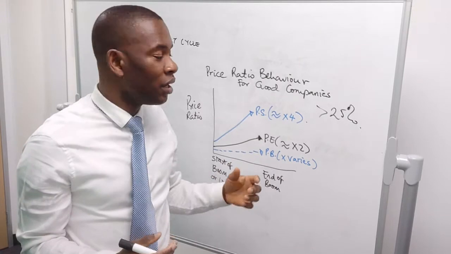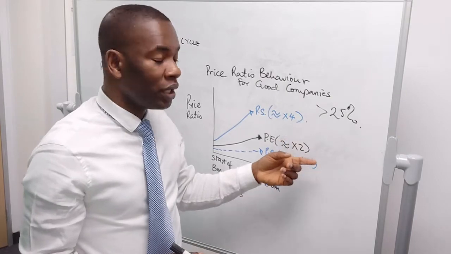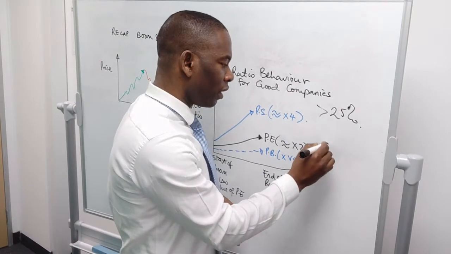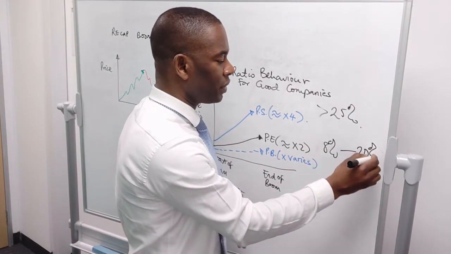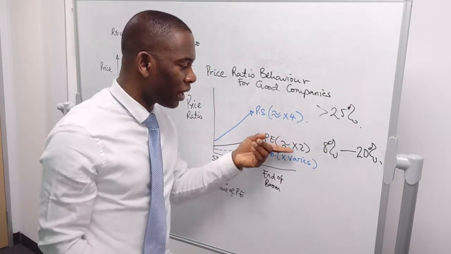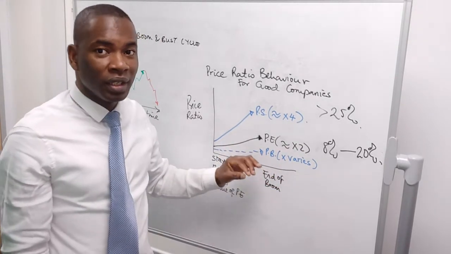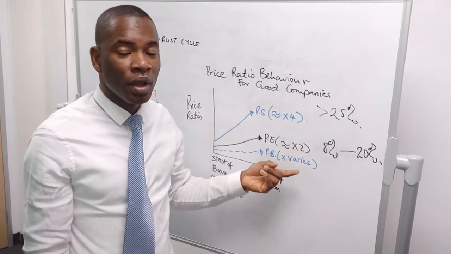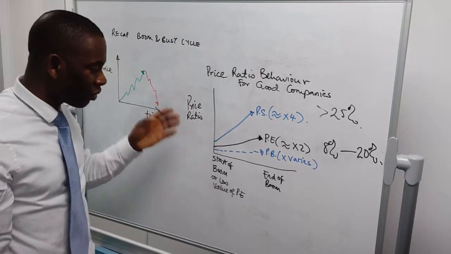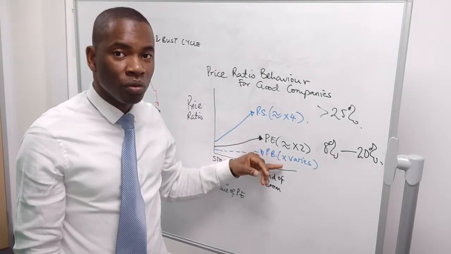Your own may be different. I use the price to earnings ratio when the net income of the company is growing roughly between, let's say, 8% to 20%. That is where I use my price to earnings ratio for valuation too. Price to book is very useful when you are buying at the start of the boom, or when the prices are so low. This is where you want to buy.